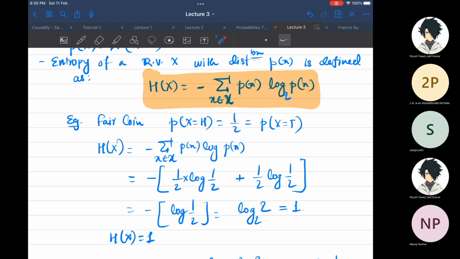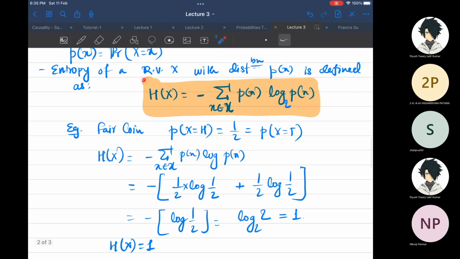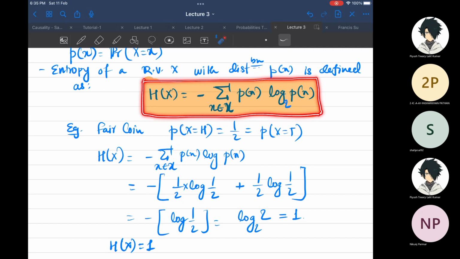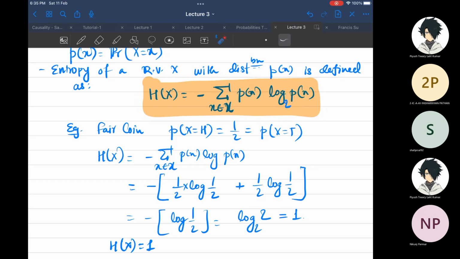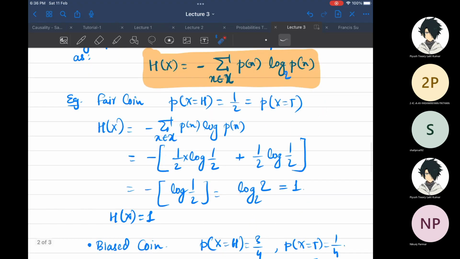For those who were not able to watch the screen, I will just repeat this thing. The idea was that we came up with a formula for entropy, and this was the formula. We asked ourselves, why should this formula work? Why should it in any sense quantify the amount of randomness in a system?